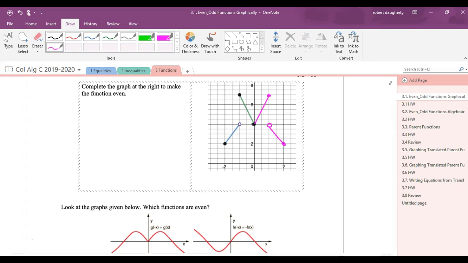So this one might look a little bit more complicated, but all you have to do is just whatever you're given, you just have to match it. So when I look at this point right here, I had to go 2 to the left. Well, I got to have a matching point 2 to the right in order to make that work. Now, let's look at a couple of examples here below